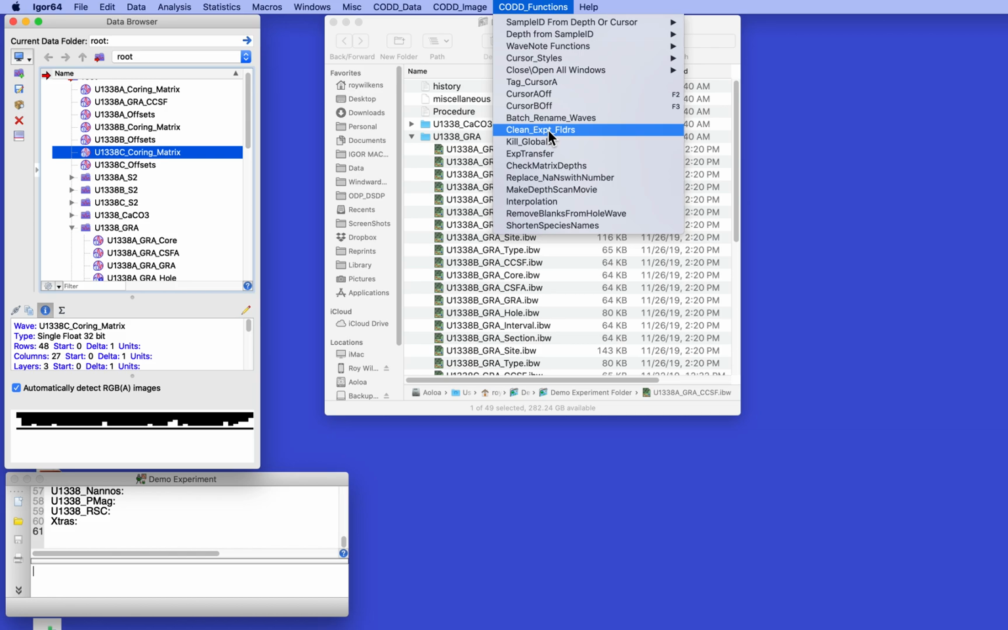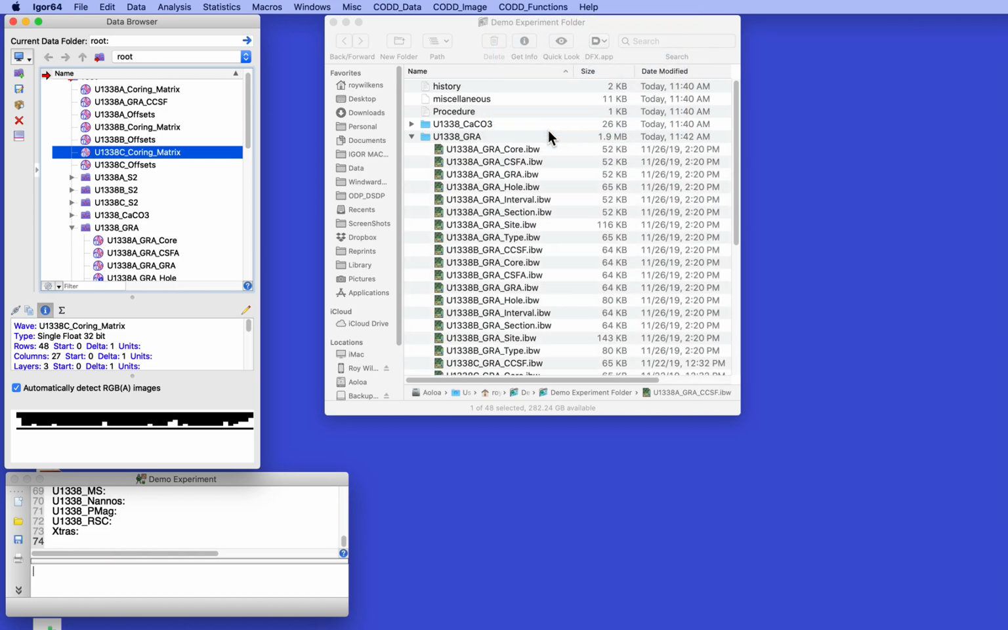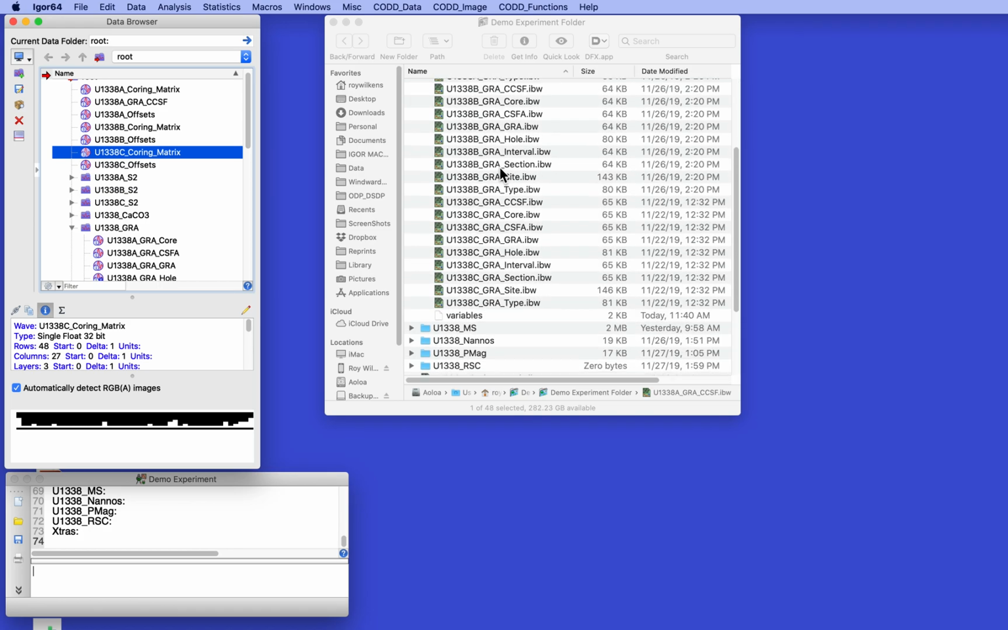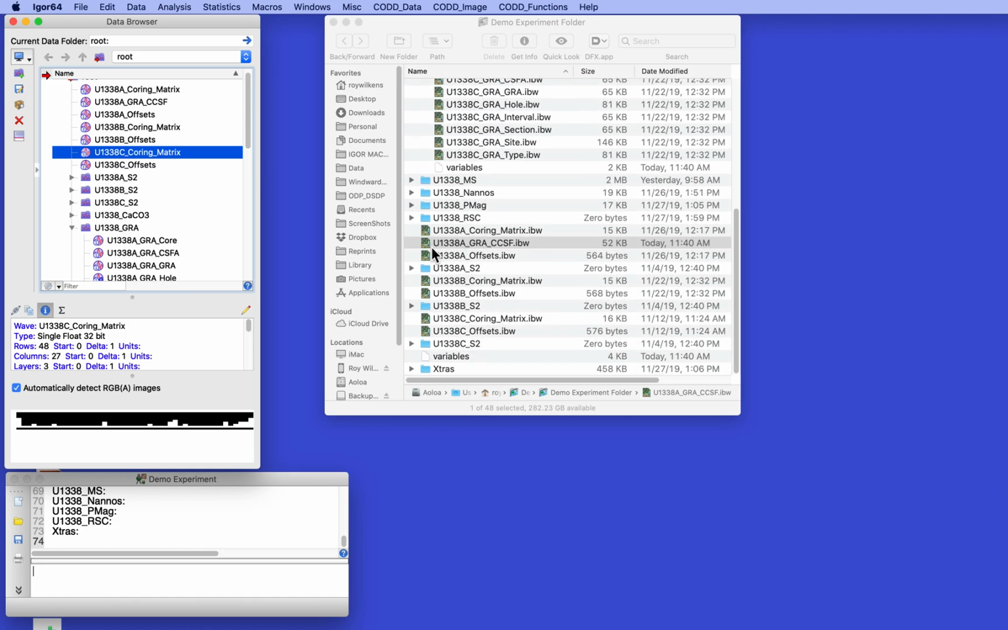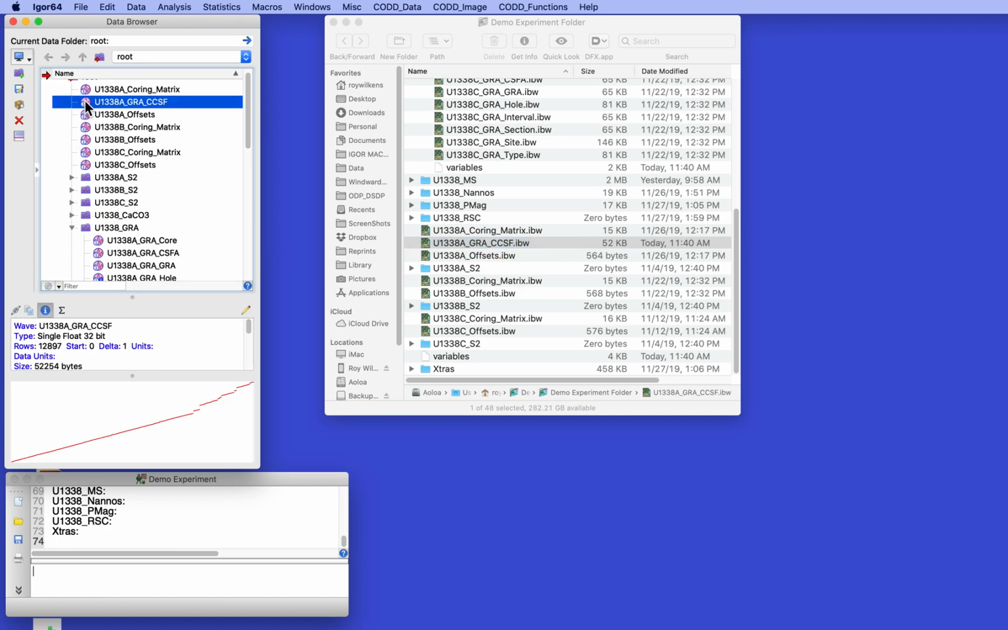So I'm going to do this, and you see now that that GRA CCSF is gone and it only exists over here. Now, something you better not do, by the way: don't ever move stuff around within the demo experiment folder. You always have to do that within the experiment. And what I'm going to do now is return this,